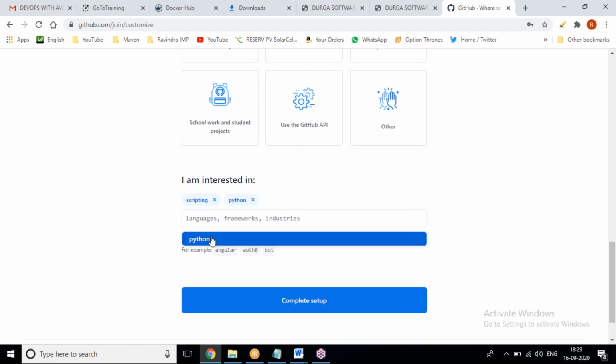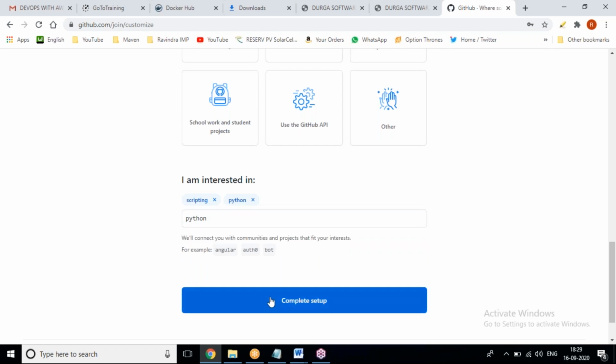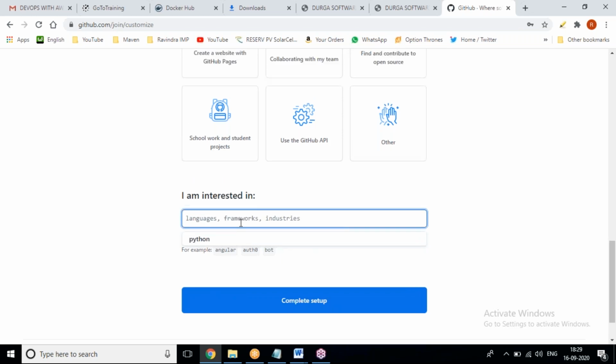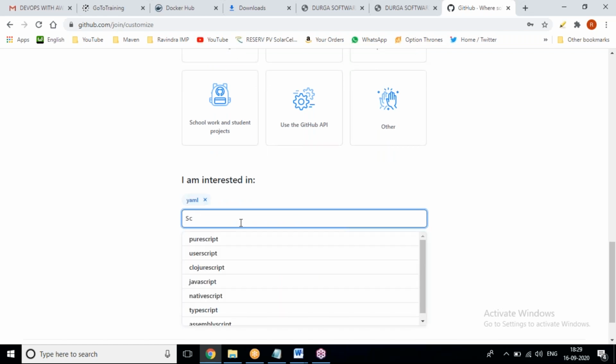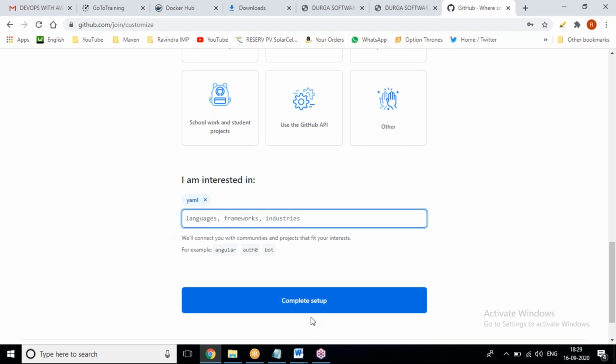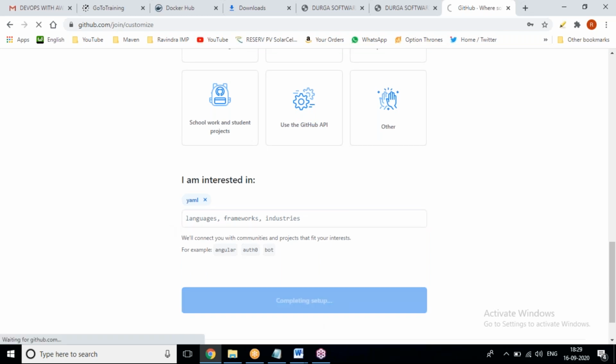Okay. ML scripting. You can say whatever you want, you need not say. Now click on complete setup.